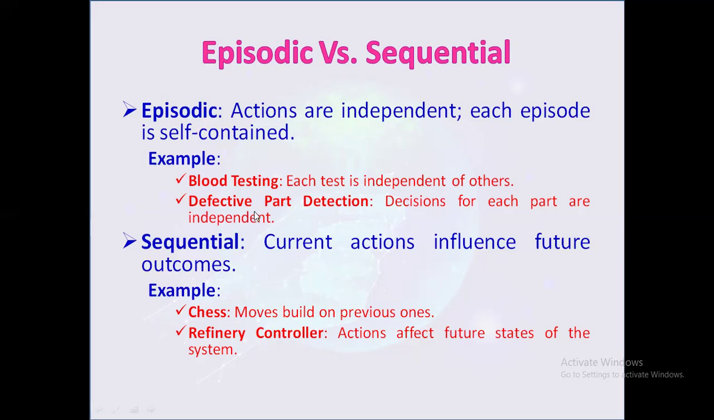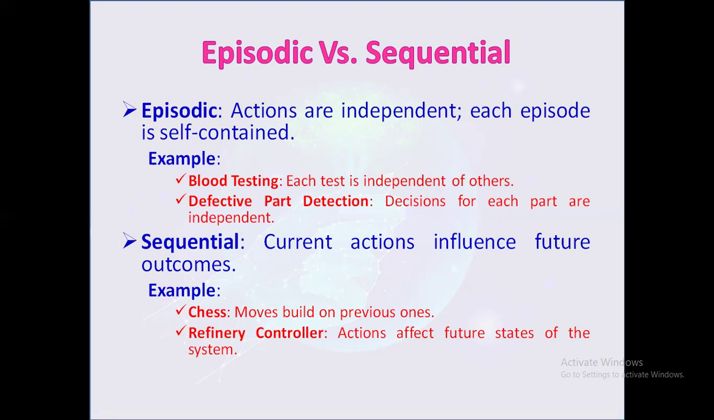The next example is the defective part decision. In manufacturing, the decision to detect a defective part in one batch is independent of previous or future batches, making each decision isolated and self-contained. Next type is the sequential. In a sequential environment, the agent's current actions influence further outcomes. The decisions made at each step build upon previous actions, creating a chain of events that must be considered when